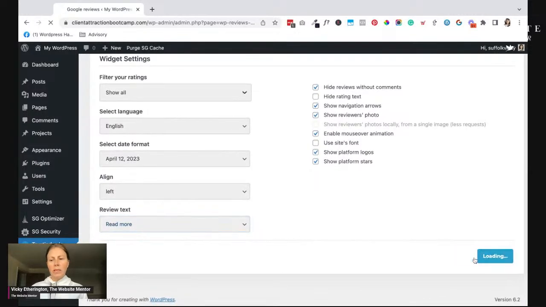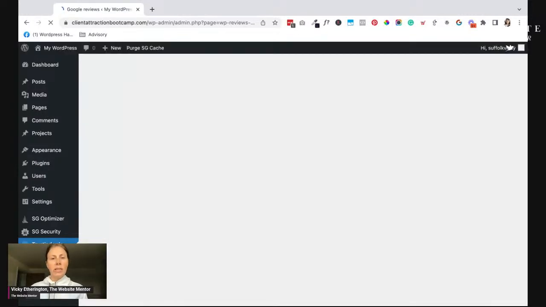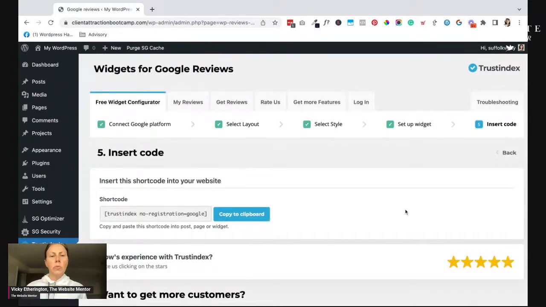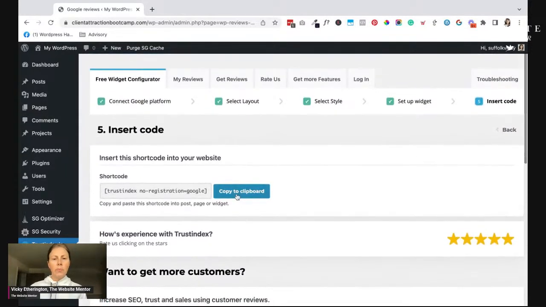And then once you're happy with it, you can click on save, and it's going to give us an embed code. So with Divi, an embed code like this is a shortcode, and it's really, really easy for us to add it. And I'll show you exactly how now. So if I go ahead and click on copy to clipboard, and then I go to a page on my